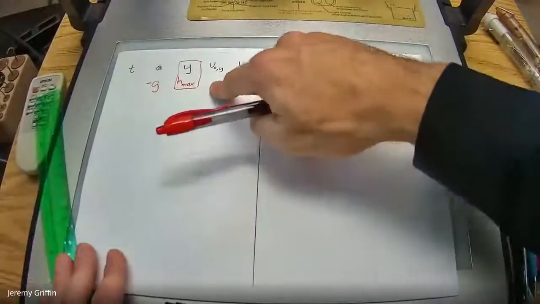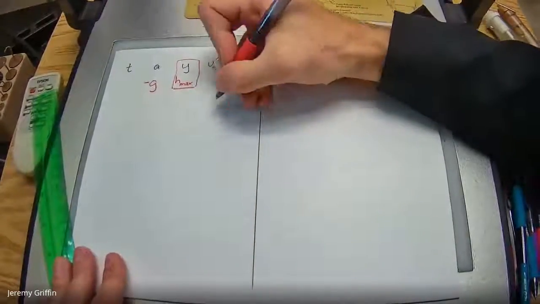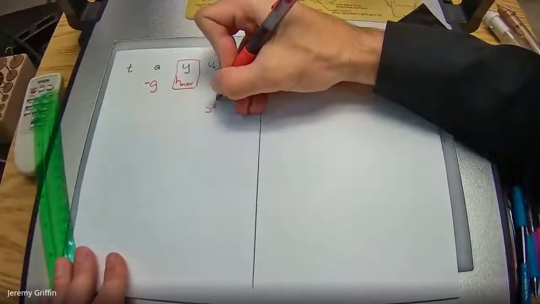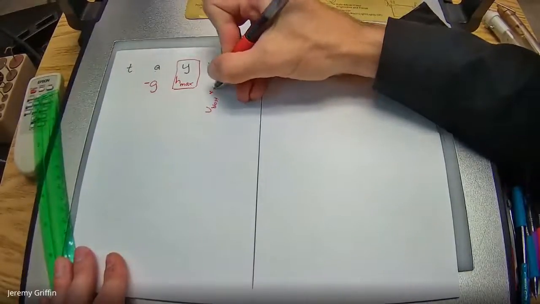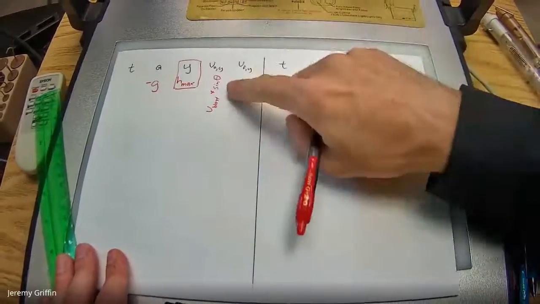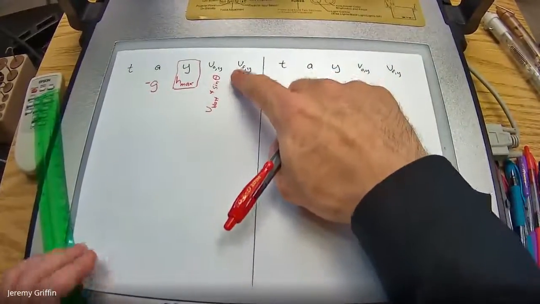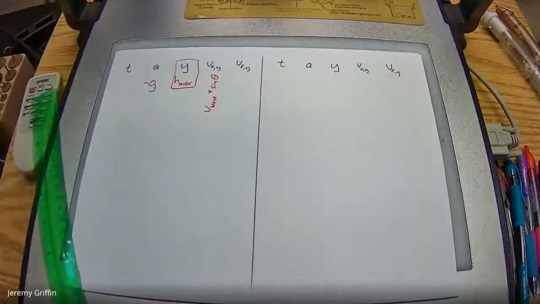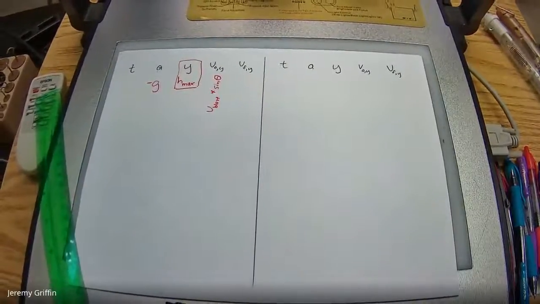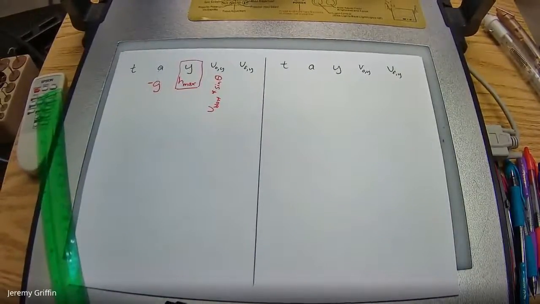In general, wasn't V naught Y, didn't that come from the blast speed times sine of that angle from the horizontal? Right? If I'm solving in terms of variables, that's what that is. Okay. And at the very top of the trajectory,